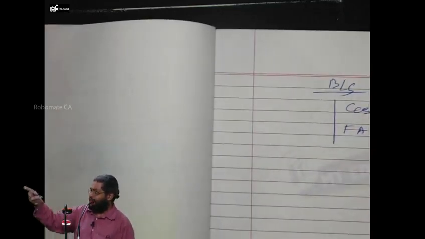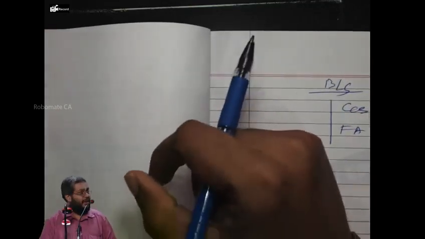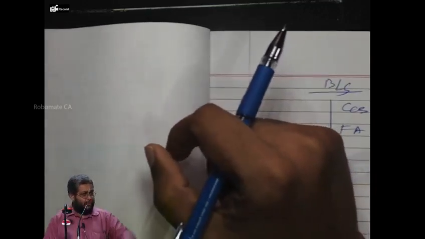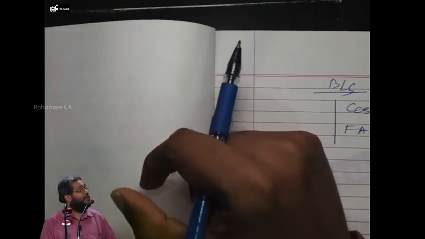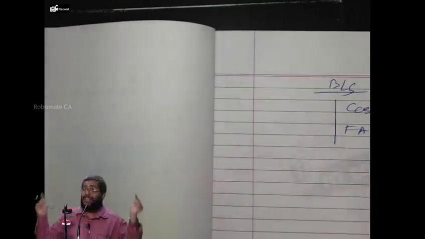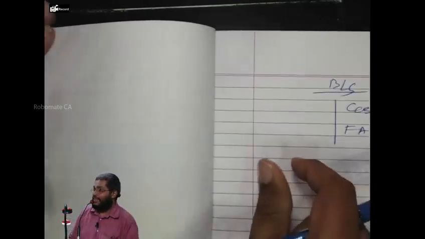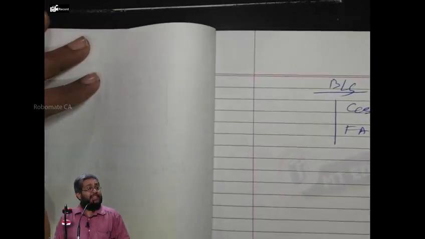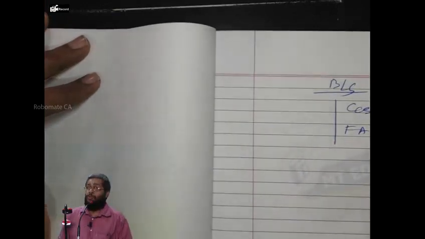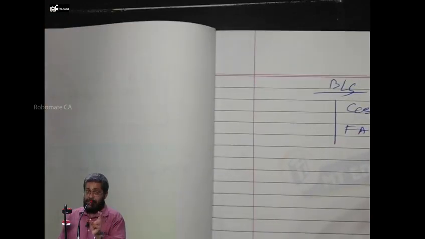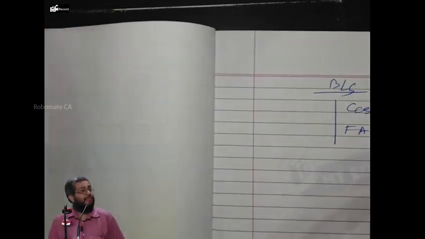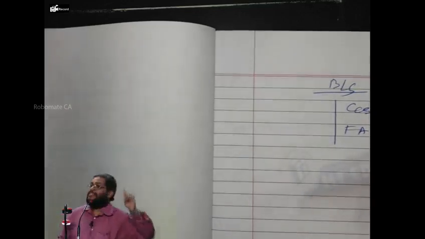I say cash has a different value and the machine has a different value, because the value of 1 rupee today is 1 rupee only, but the machine's 1 rupee is not 1 rupee. It all depends on the return I expect from the machine. So I say the fixed asset is not 10,000; it becomes 10,200. How do you get 10,200? It is $10,000 plus 200 NPV. That is why a positive NPV project immediately maximizes the wealth.